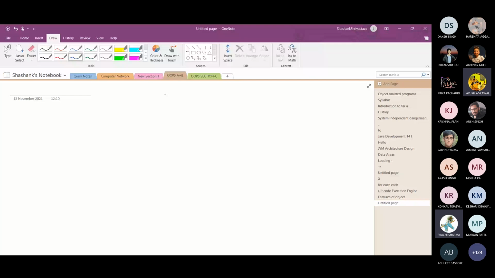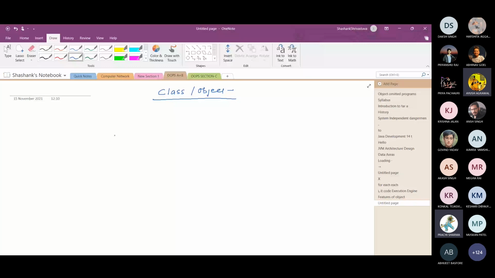So basically, class, if I define a class, a class is a group of objects. Group of objects means, suppose in a particular class like student, there are many students in a class. So we can say that this particular class is a group of objects, and all these objects have common properties.